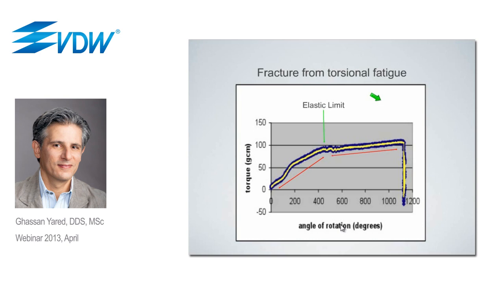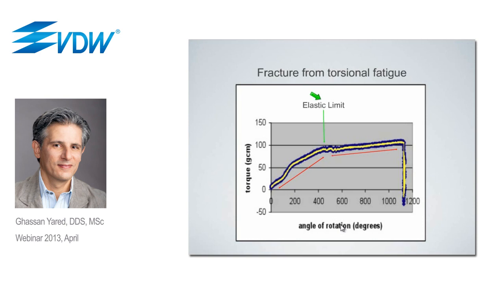If you look at this graph here, you see what we call the elastic limit. The elastic limit is the level at which the elastic phase will change into the plastic phase. If we take an instrument, and this instrument binds in the canal, and is rotated beyond the elastic limit into the plastic phase, which is here beyond 400 degrees, the instrument will be in the plastic phase. And once it is in the plastic phase, that means the changes in the metal are